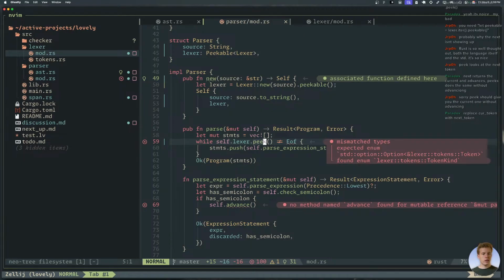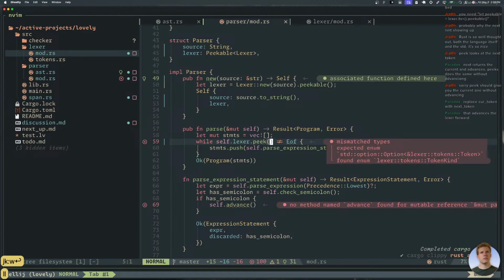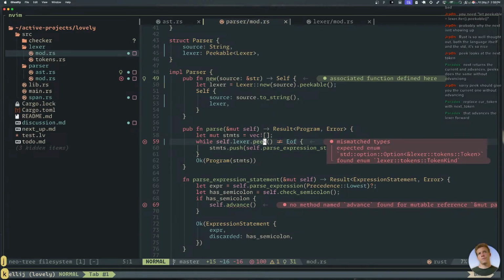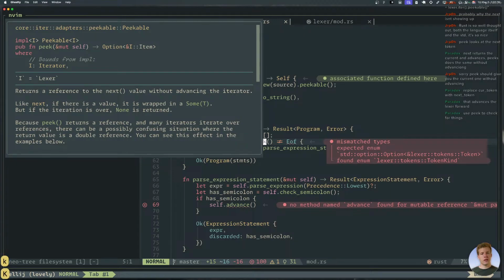No, cur token needs to be replaced with peek, because I don't actually want to advance right here.